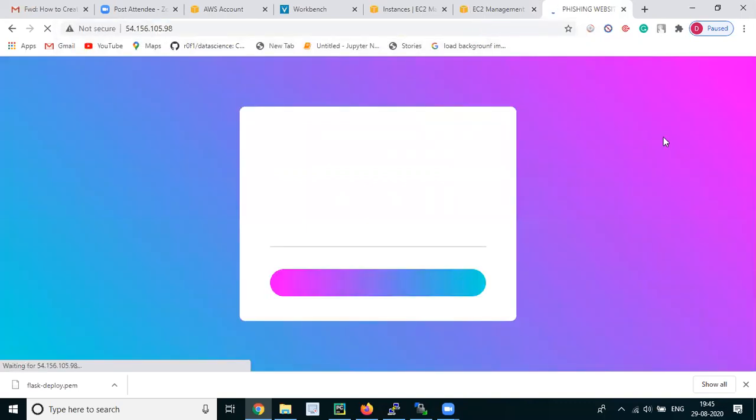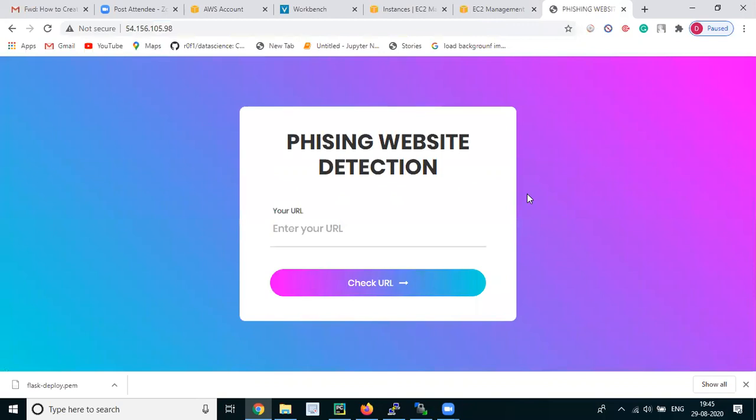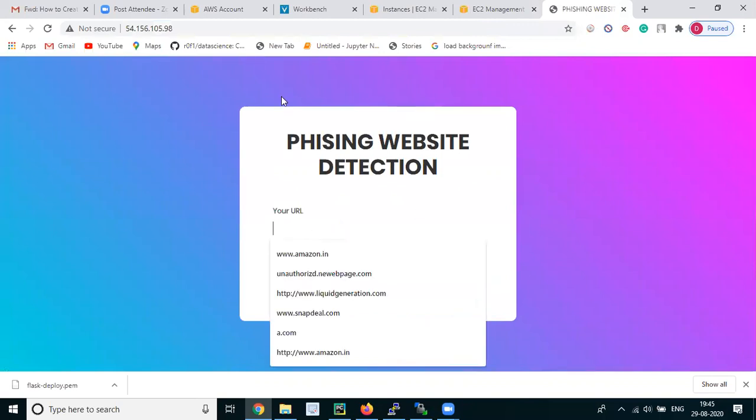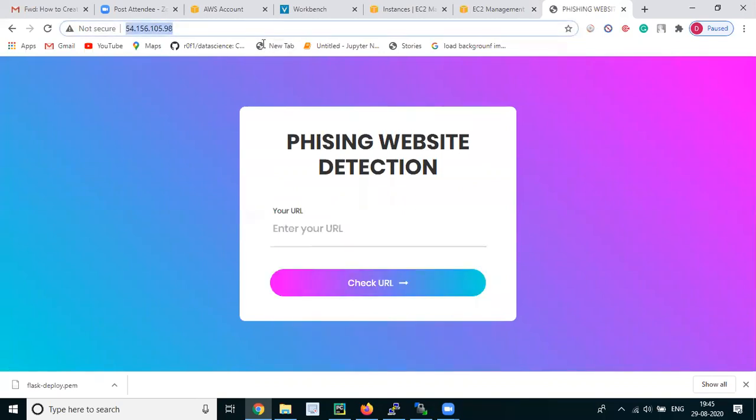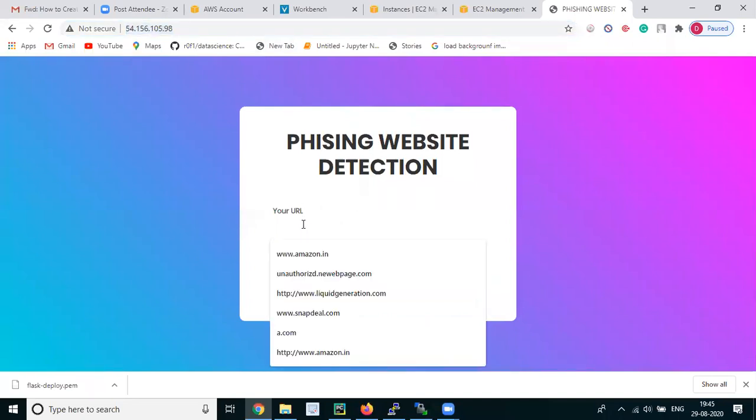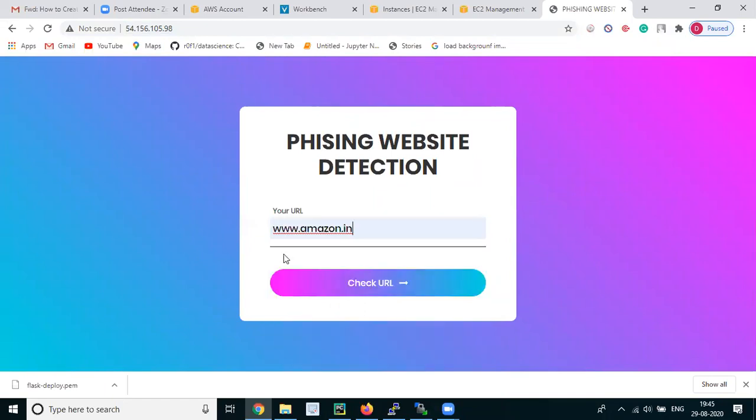Yes, so on this IP address, the elastic IP, the Flask application has been successfully deployed. In this way, we can host our web application on an Amazon AWS EC2 instance. Now if we check amazon.in.